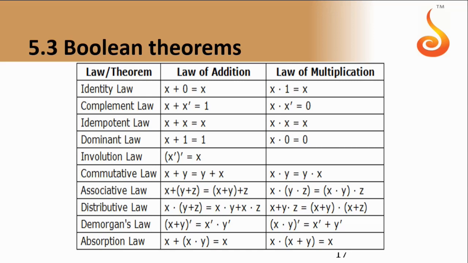So this variable, what does the complementary law state? When a variable is ANDed with its complement, that is, complement is nothing but x bar, x dash, whatever is there, with its complement